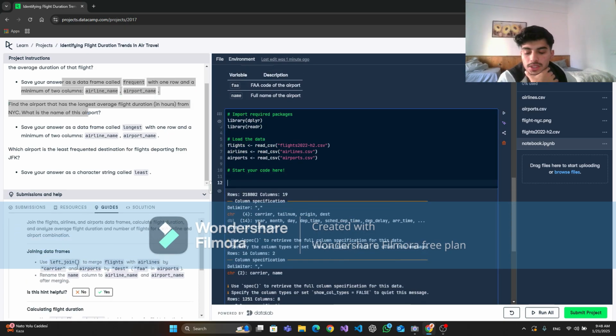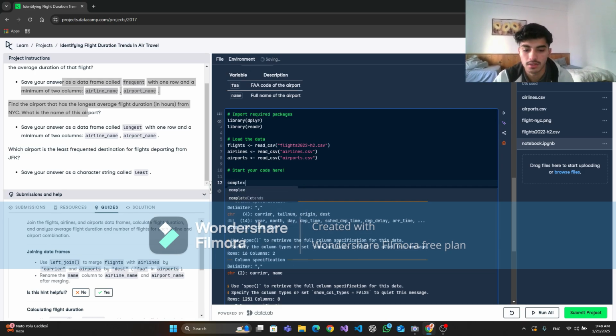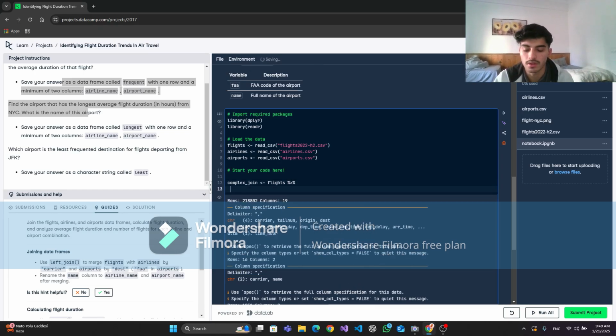Here you can see we need to merge flights and airlines with a complex join. We need to merge with flights, and we use the operator and go to the left join. As you can see, left join, we need to merge